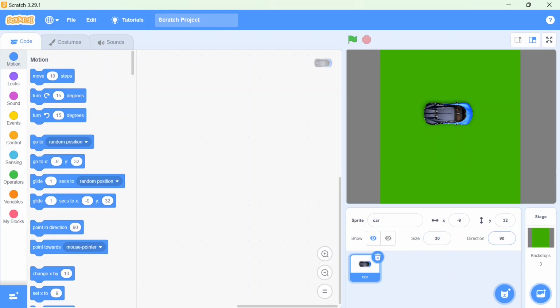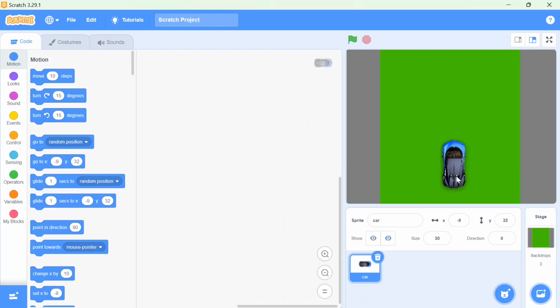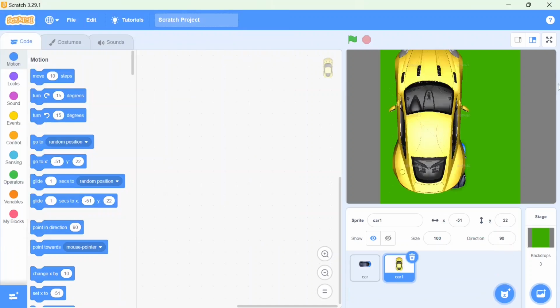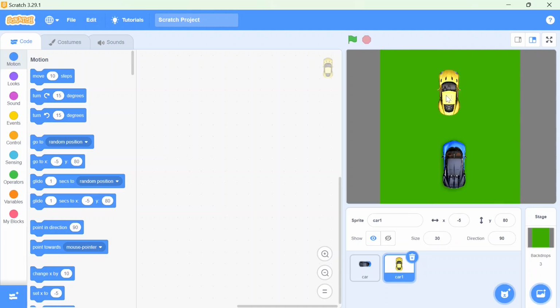And also I'll change the direction. So I'll make it like this. Okay, yes. Doesn't it look beautiful? Yes, it's a beautiful sports car. And I'll fix it over here. Now what I want, I also want the opponent car. So I'm going to upload the opponent car also. Yeah, here is my opponent car. This one's size also I'm going to decrease, make it 30. Okay, we have the opponent car.